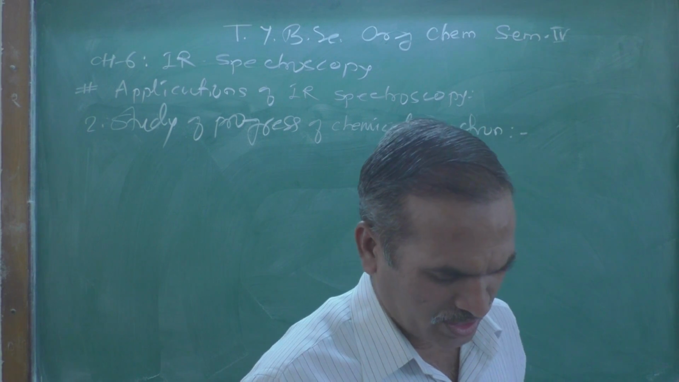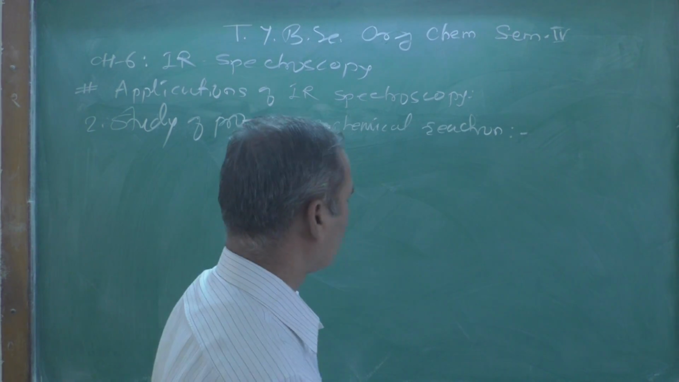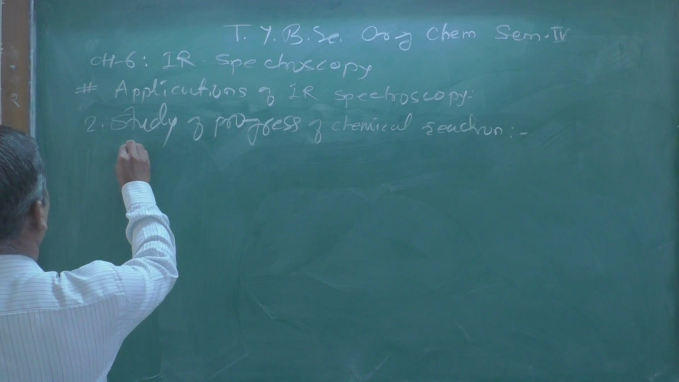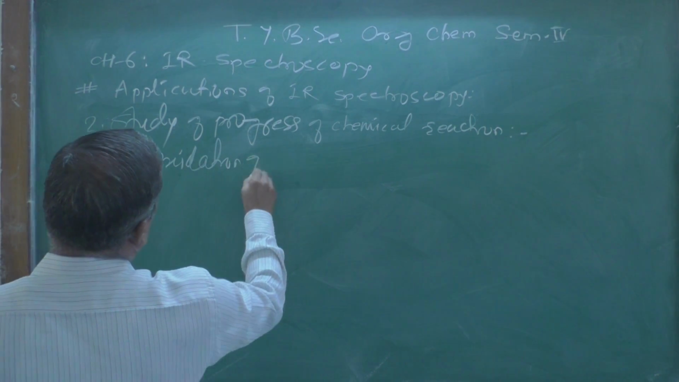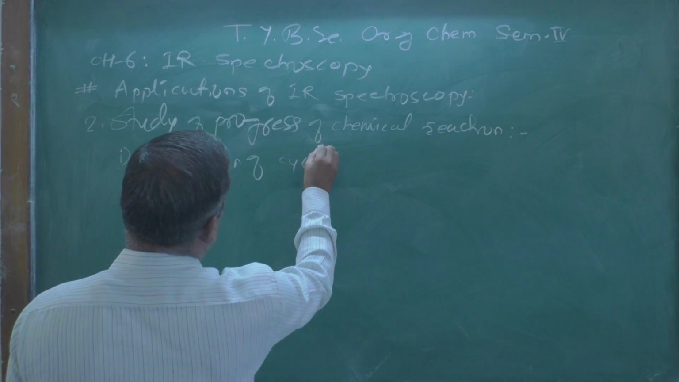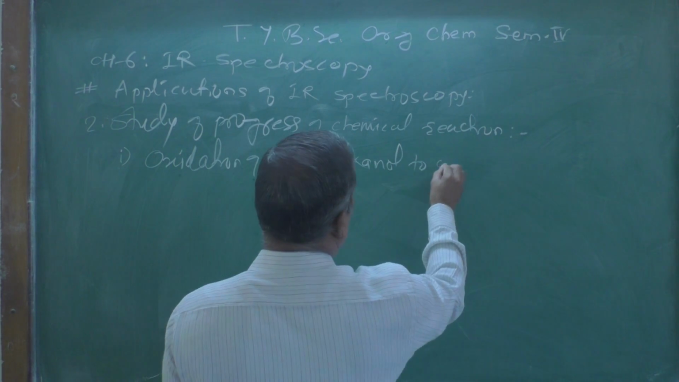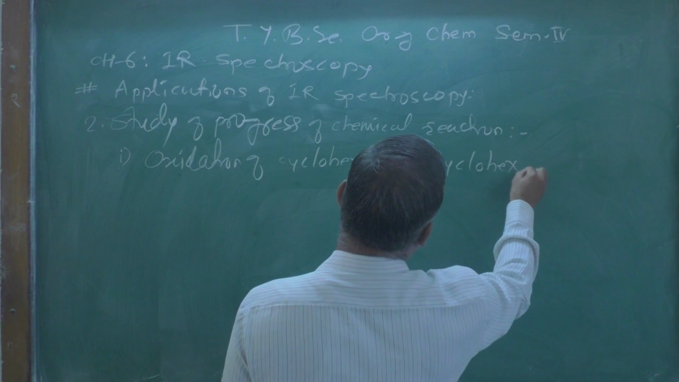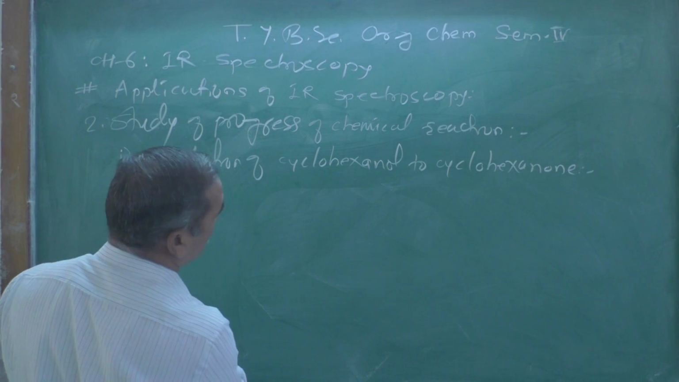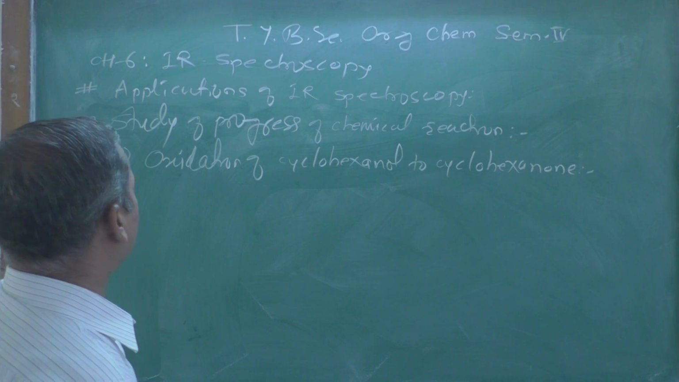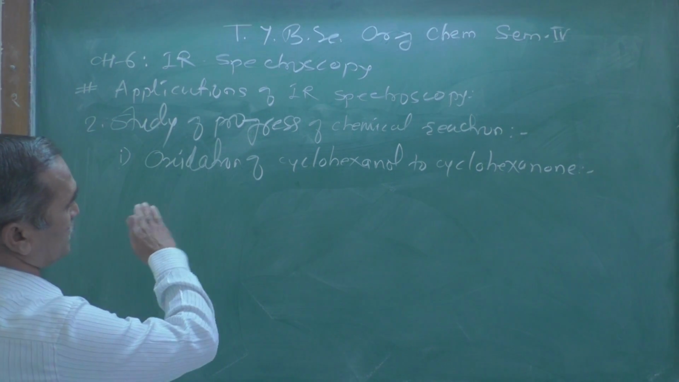Let us see here. Number 1, oxidation of cyclohexanol to cyclohexanone. First point, oxidation of cyclohexanol to cyclohexanone. Now as we know the structure of, and if you see there,